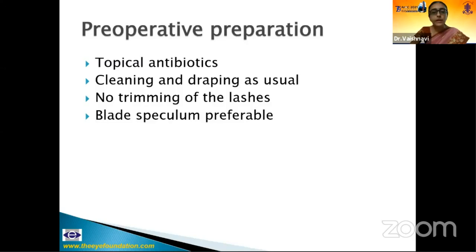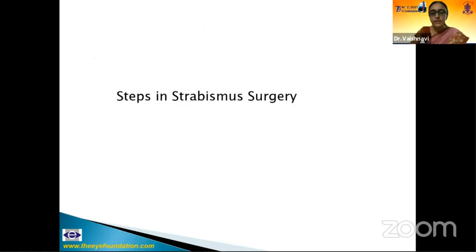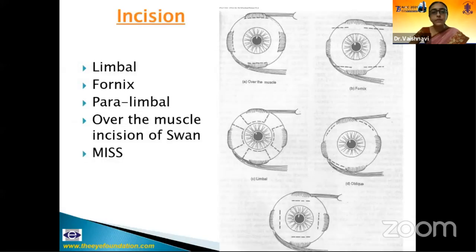So preoperatively, you can give the patient topical antibiotics, cleaning and draping as usual. Blade speculum is usually preferred. So coming to the incision. So we have the limbal-based incision, fornix incision, paralimbal, and over the muscle incision or Swan, and minimal incision strabismus